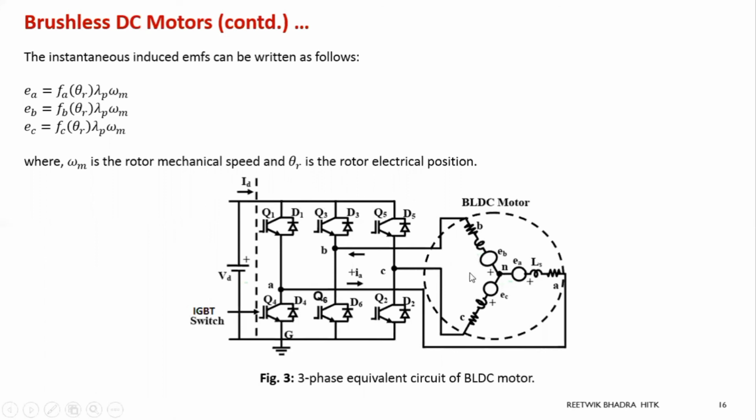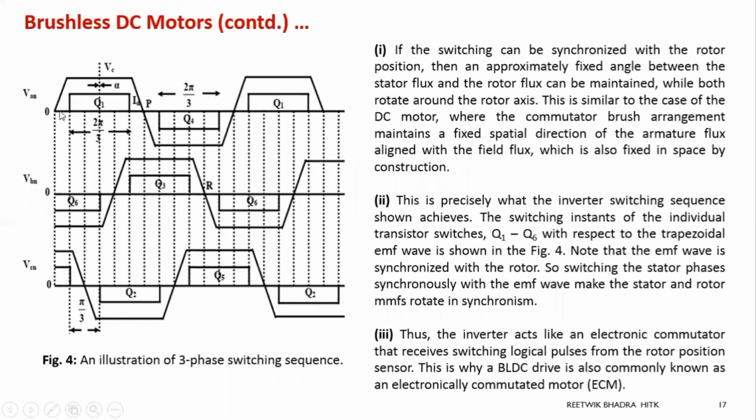operated at which time. Because if you see this waveform, what we have done is that instead of drawing a step waveform, we have joined all the peak points and drawn it trapezoidal. So all other operations are same. See, Q1 is starting from this point, Q4 is over there. Since we are taking 120-degree mode of operation, see the gap is how much? 2 pi by 3. So 120-degree mode of operation.